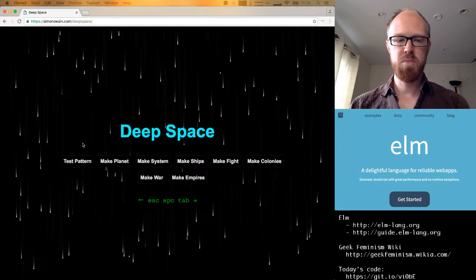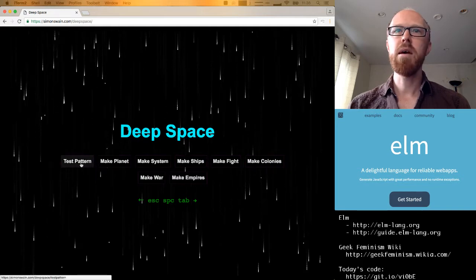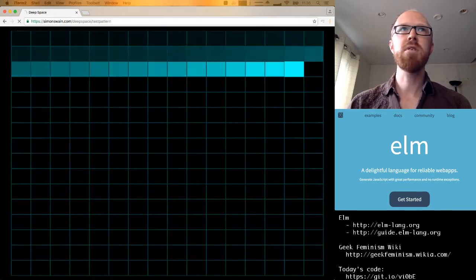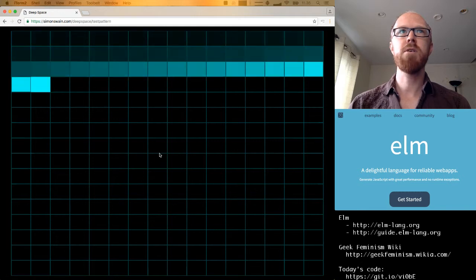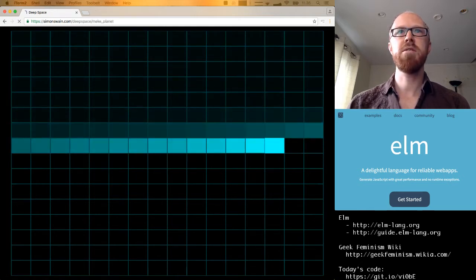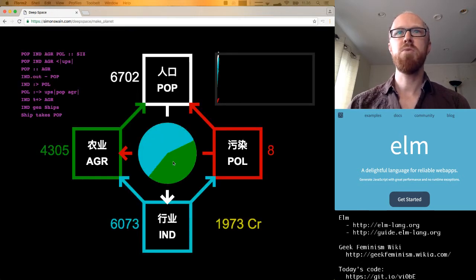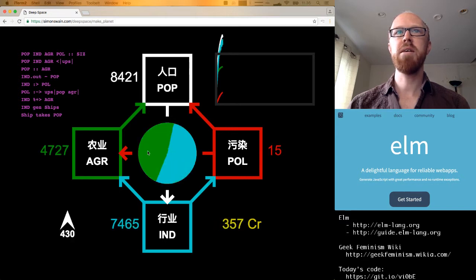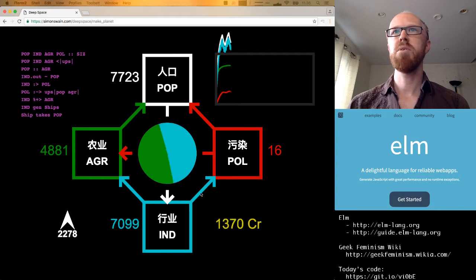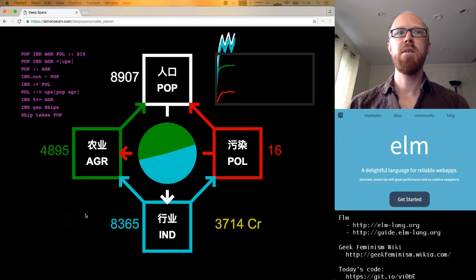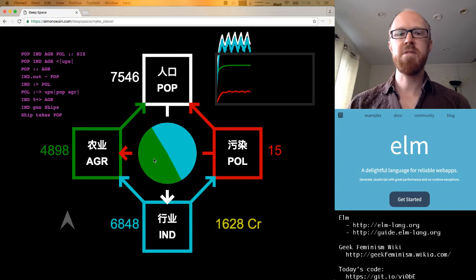It's called Deep Space, and there's a set of different simulations. The first one, he has a planet, and it's simulating population, agriculture, pollution, and industry. And in the corner, every so often, the planet builds a spaceship. So this is kind of the groundwork.